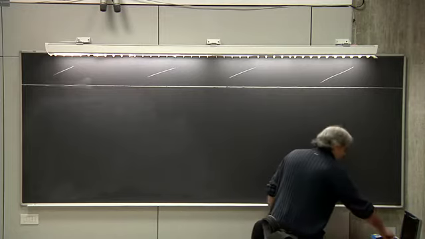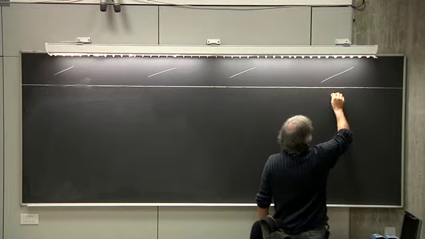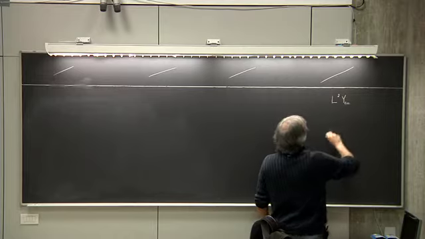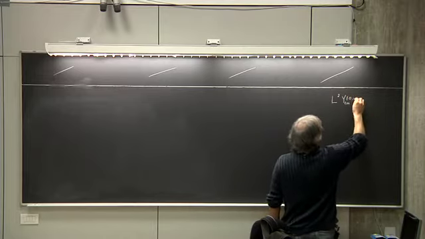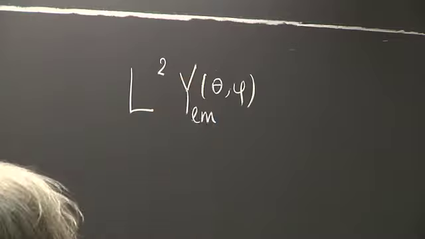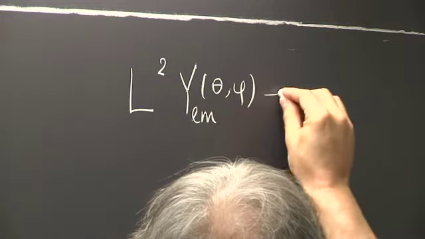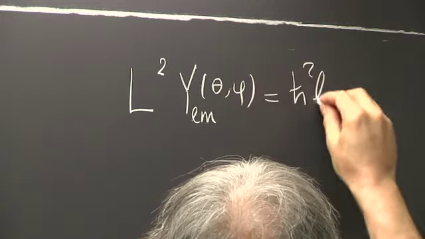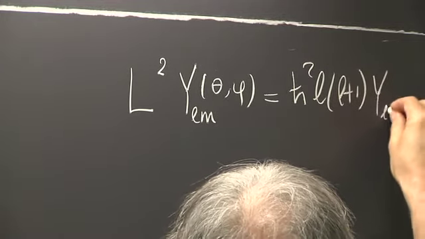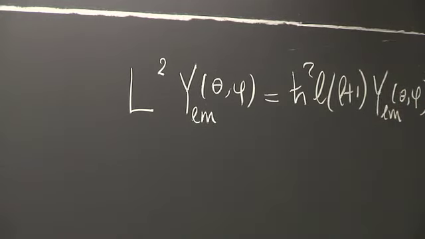Remember, in this corner of the blackboard, last time I said there are functions I call Y_L^m, functions of the two angles, such that L squared, which is the total angular momentum squared, which has a complicated expression with derivatives with respect to theta and phi, is equal to h bar squared, L times L plus 1, times the same function. So they are eigenfunctions of L squared with this value for the eigenvalue,